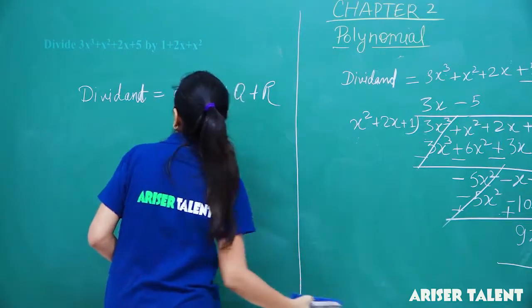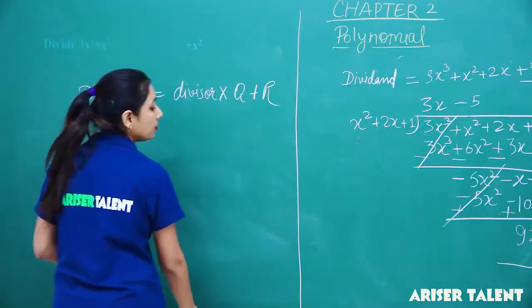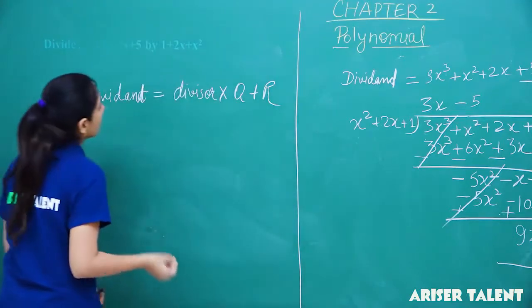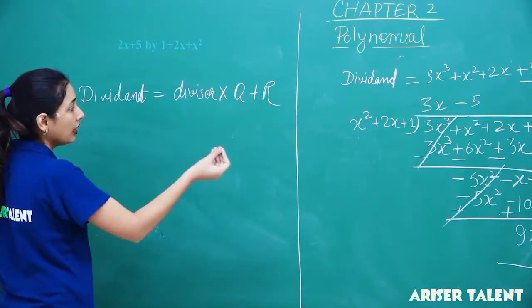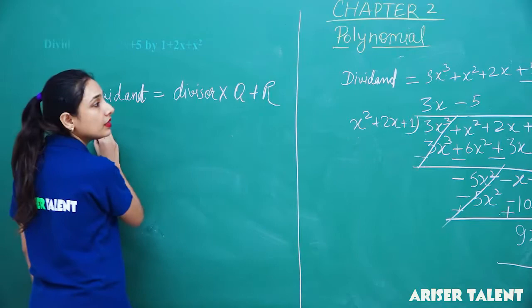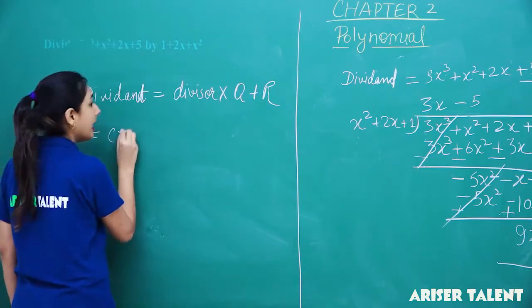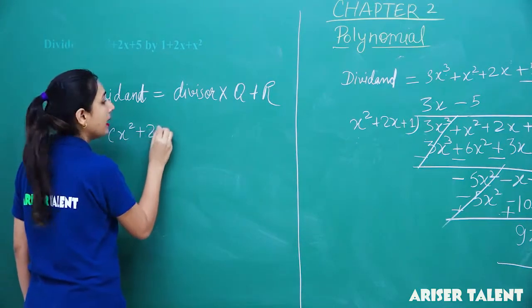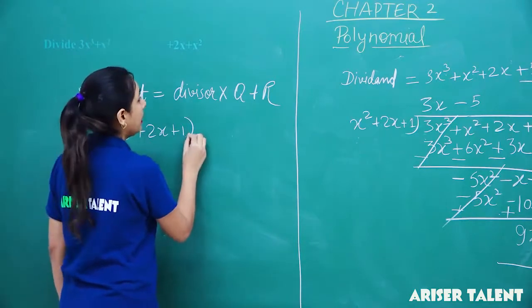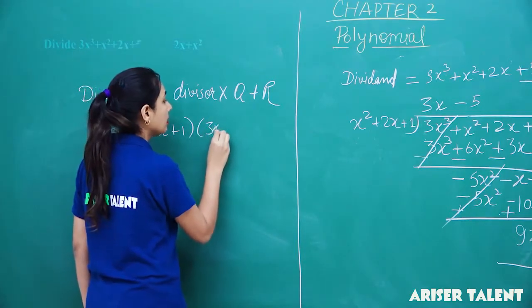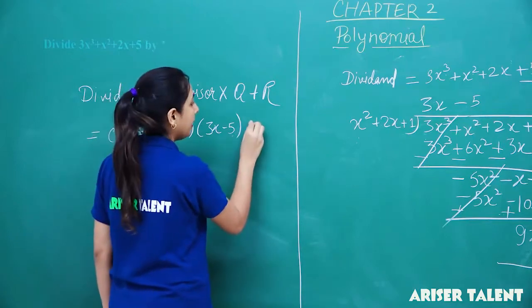Okay, so here you will solve this, you will check it. Divisor I have told you is x square plus 2x plus 1, and quotient was 3x minus 5, and